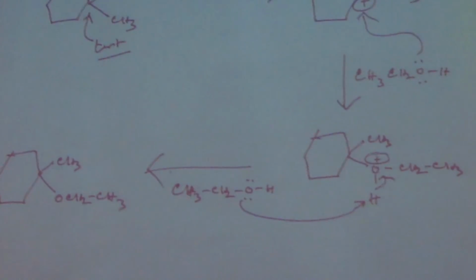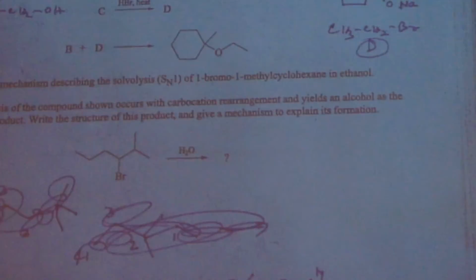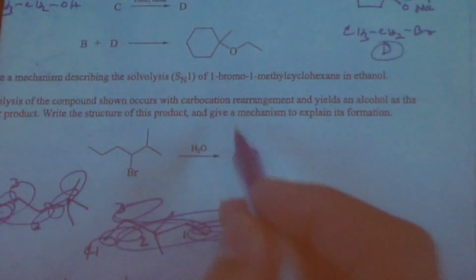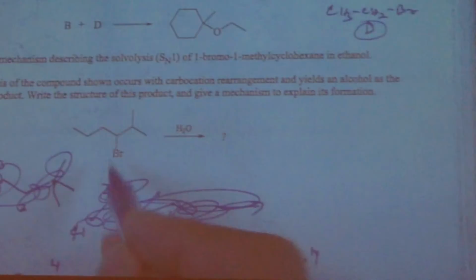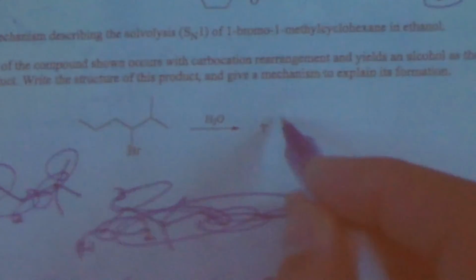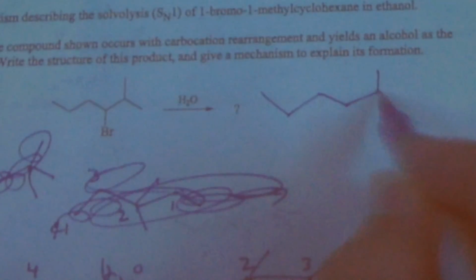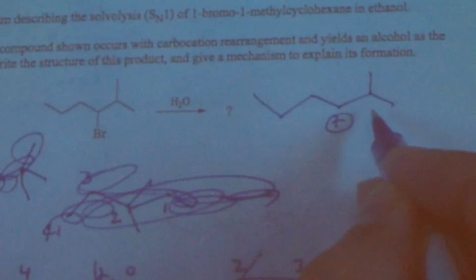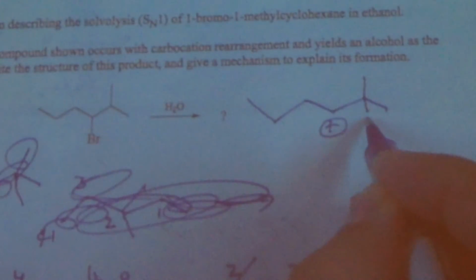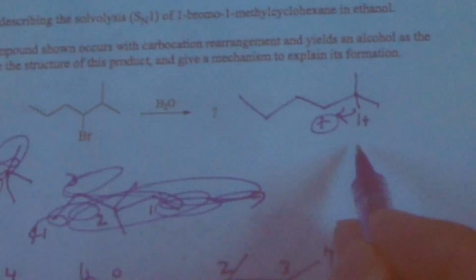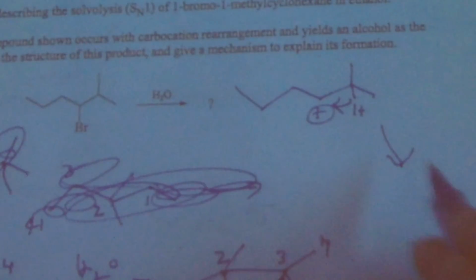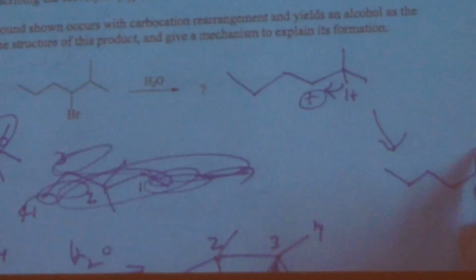All right. And the last problem here, solvolysis of the compound shown, after carbocation rearrangement. What you expect to see here is that it's going to generate a carbocation here, which is secondary, and it can be primary, it will be tertiary if we remove the hydride from here. So that carbocation will form there. Okay? And then that will be